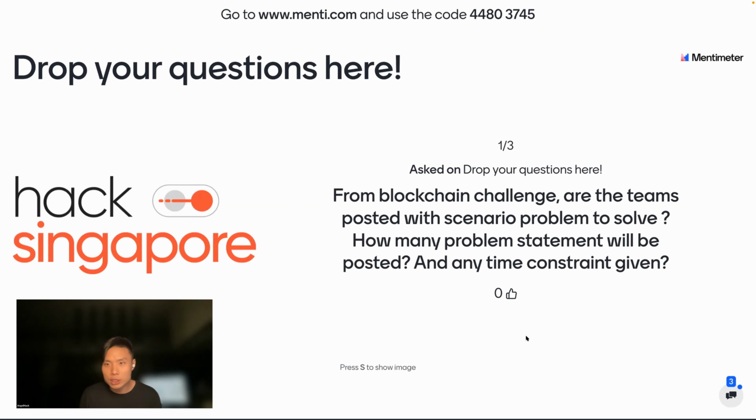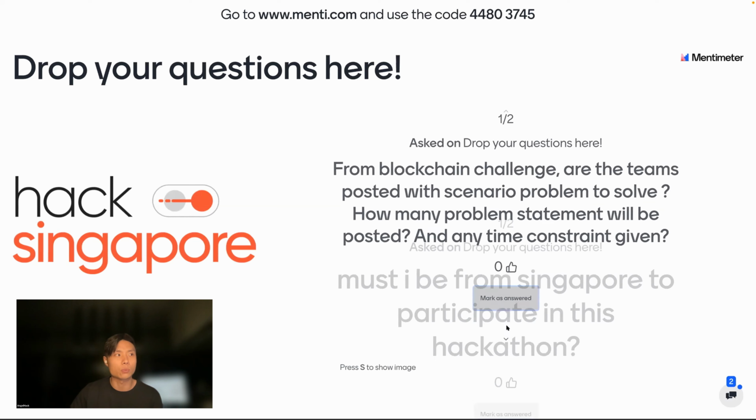Yes, so the challenge statement itself is a problem statement that you can look at. More information about the open hack and challenge statement will be available both during the opening ceremony itself and also available on the participants guide if you have registered. Of course, more questions you can check with us, the organizing team, as well.